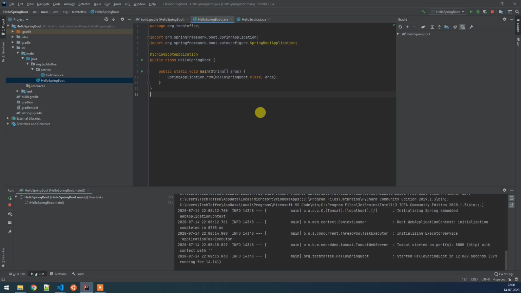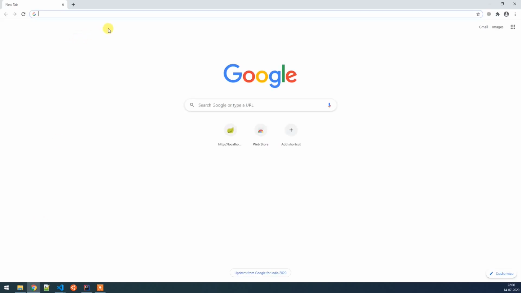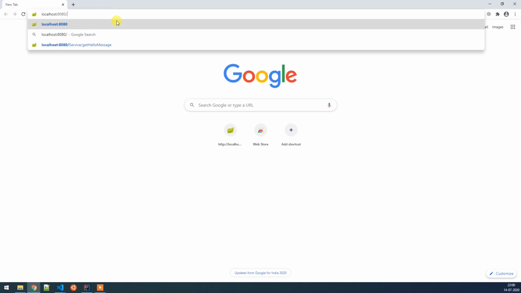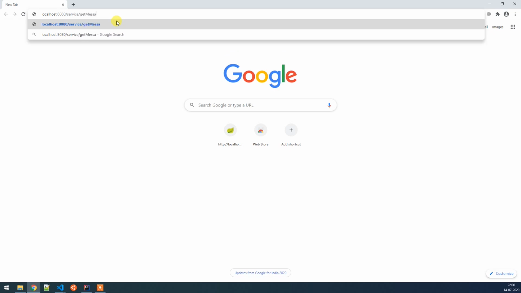Now you can see that the Started message has come, which means the Spring Boot application has started. We can access it by default using localhost:8080, which is the server. To access our message, we have to go to /service/getMessage, and it will print the message from that API.